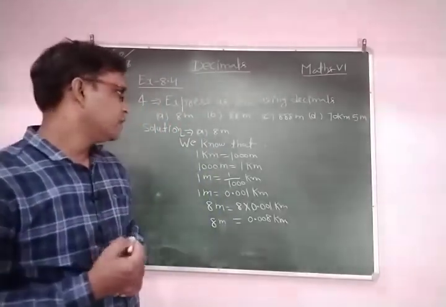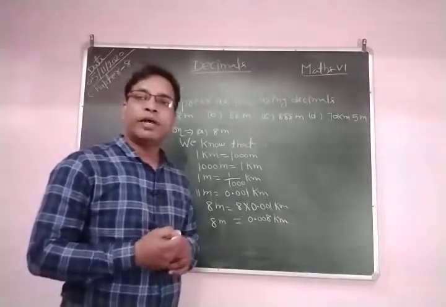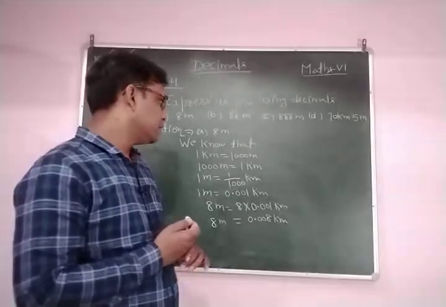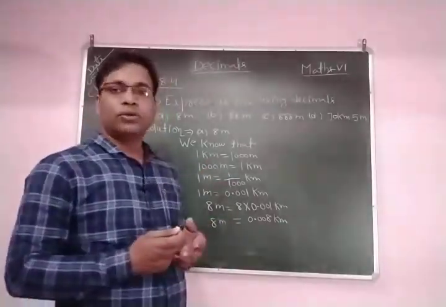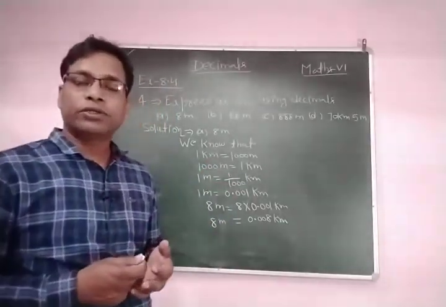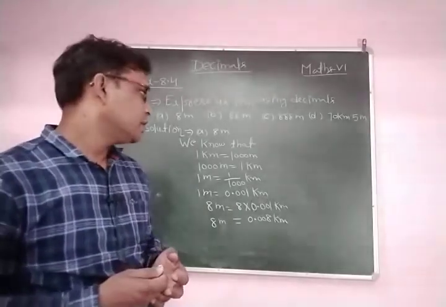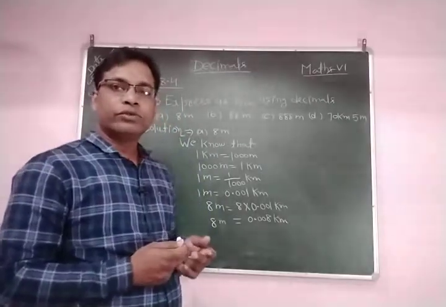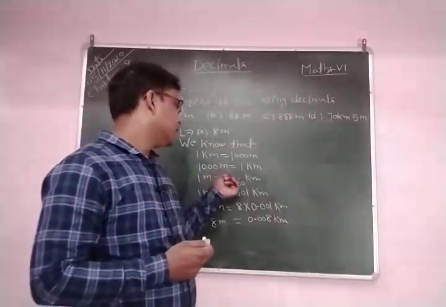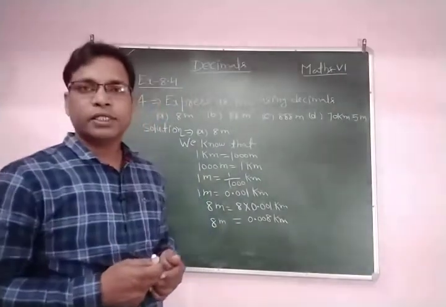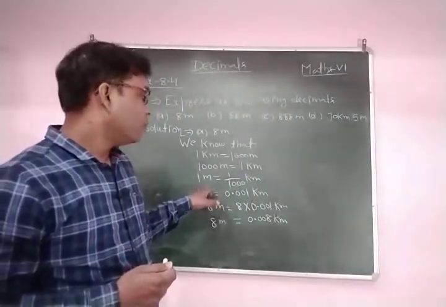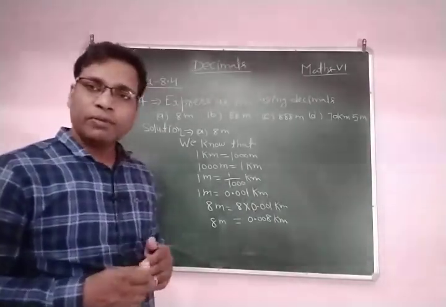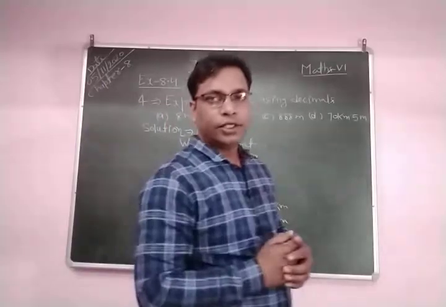So for this, first we try to know the relation between meter and kilometer. As you know, 1 kilometer is equal to how many meters? 1 kilometer is equal to 1000 meters. But we need to convert meters into kilometers. So we can write 1000 meters is equal to 1 kilometer, or 1 meter is equal to 1 by 1000 kilometers. Clear? When you divide 1 by 1000, then we obtain